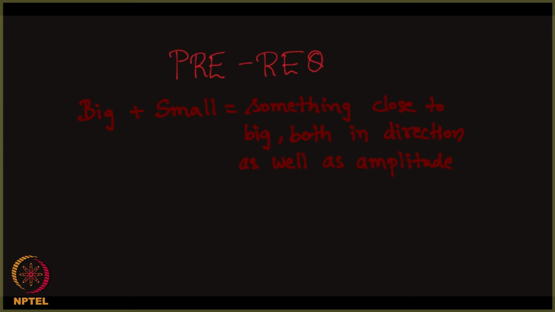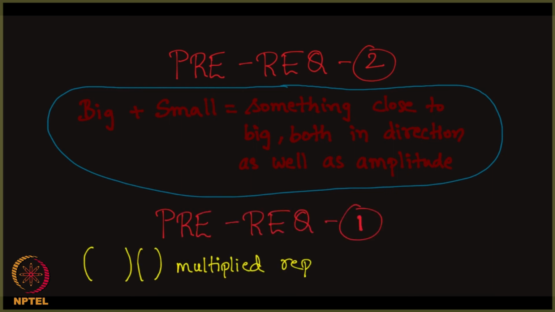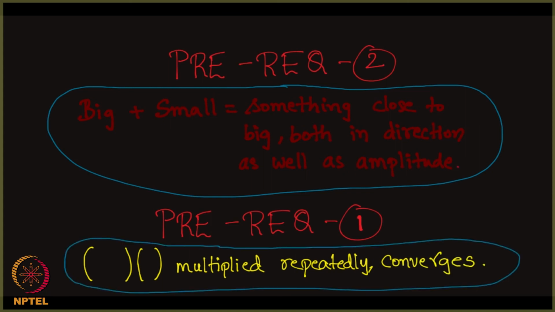So this was our prerequisite 2. And it will help if we can recollect prerequisite 1. Can you all recollect what is prerequisite 1? Prerequisite 1 was simply the fact that when you multiply a matrix to a vector repeatedly, it converges. So please ensure that you don't go further without understanding this prerequisite 1 and